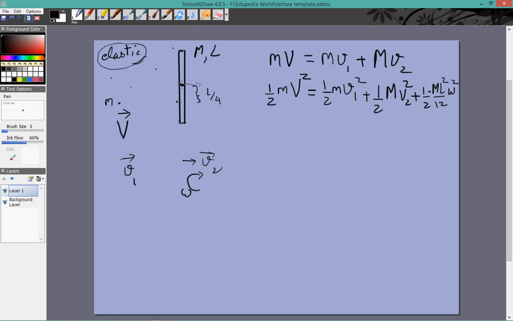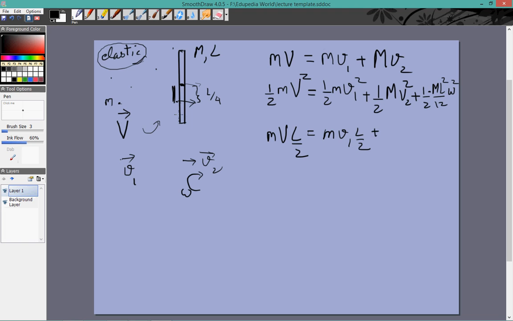So I'll just conserve angular momentum at this point. The initial angular momentum of the rod is 0 because the velocity of the center of mass is 0 and omega is 0. The initial angular momentum of this particle is small m capital V into L by 4, right? R cross mv, so mv will be this, R will be this, and the angular momentum has a sense facing towards you, mv into L by 2. The final angular momentum will be m v1 L by 2, that is the angular momentum of this,